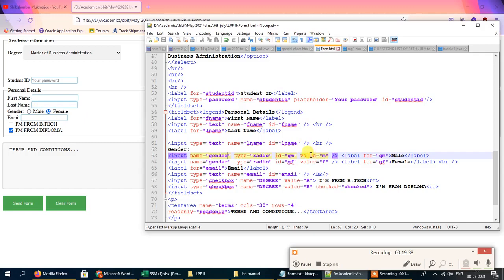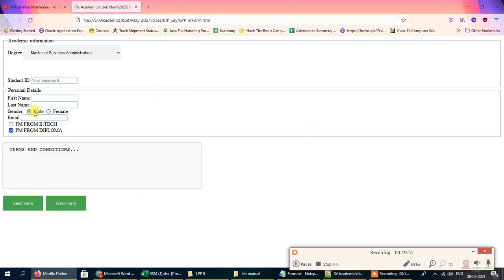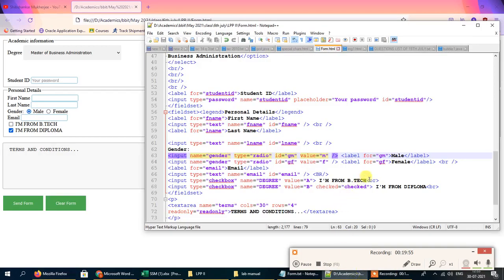Okay, so when we get the value M internally, we can know for sure that the male button has been selected. After that, we've got the label for GM, male. So when we click on this male field, you can see that the associated button is selected automatically. That is because the male